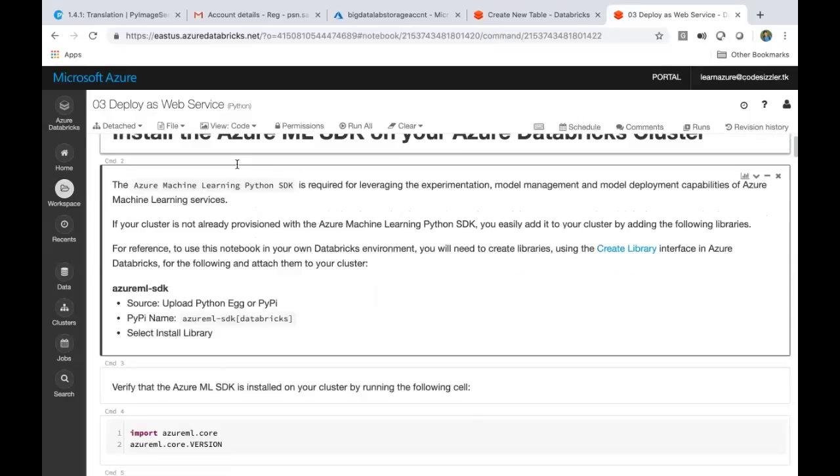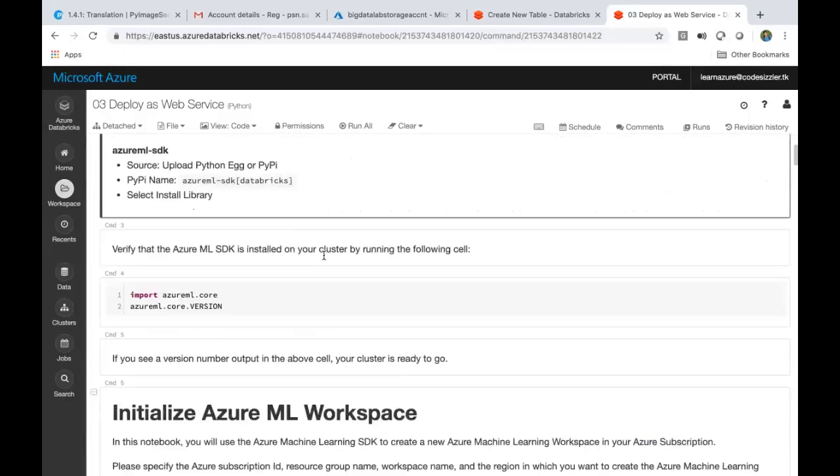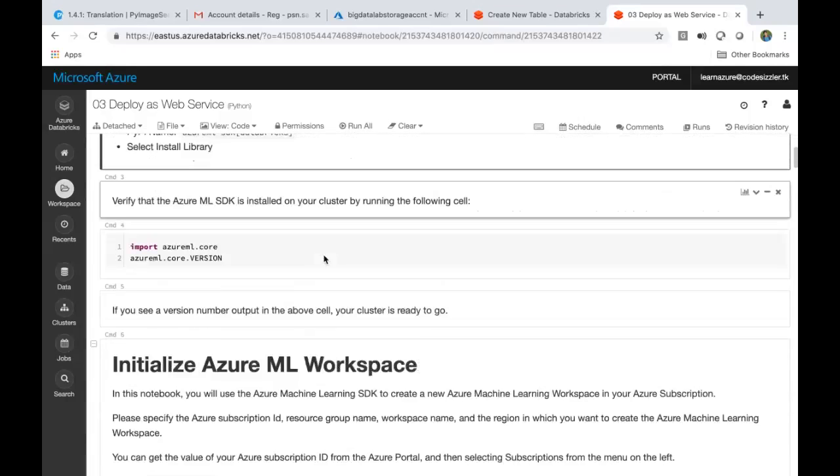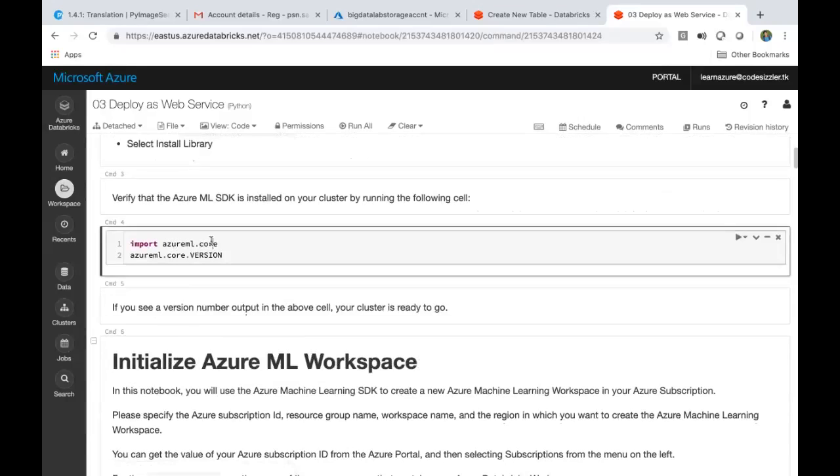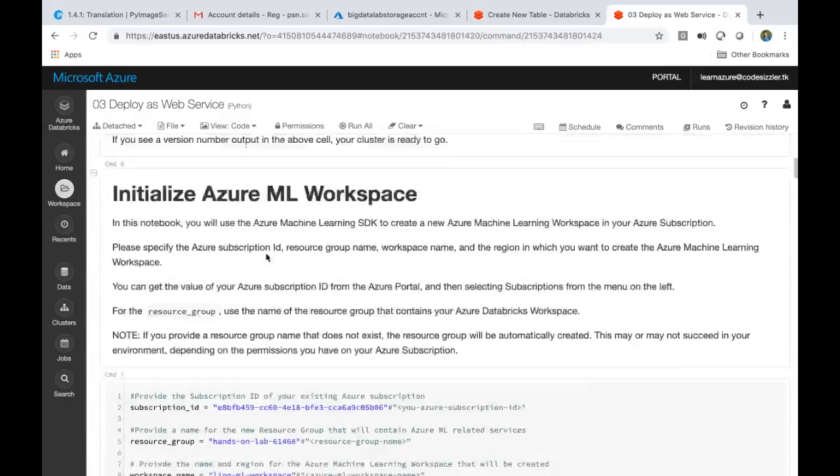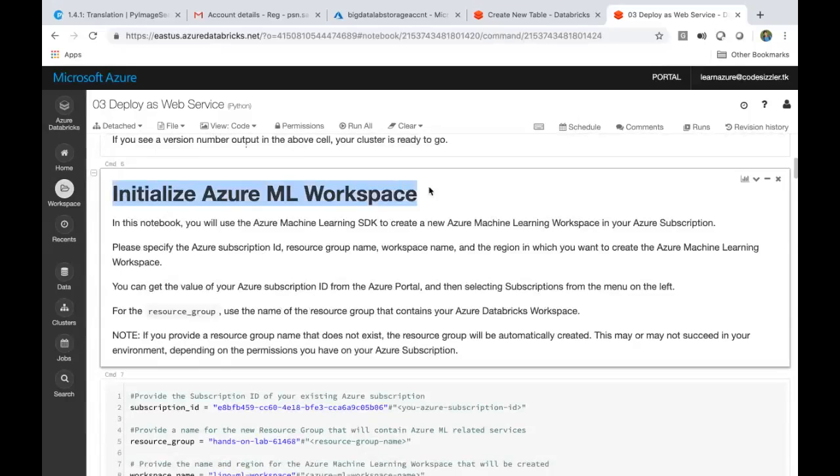Before that, I'll show you at a very high level and execute one by one. This is an SDK library called Azure ML Core. First of all, we create a workspace, which is nothing but a higher umbrella, like how we remember the event hub namespace, right? Or the subscription, under which we have resource groups, right? In the same way, we have the Azure ML workspace. It is created one time, and under that we can create n number of experiments, and under that n number of models and compute powers. So you can define all these things manually.